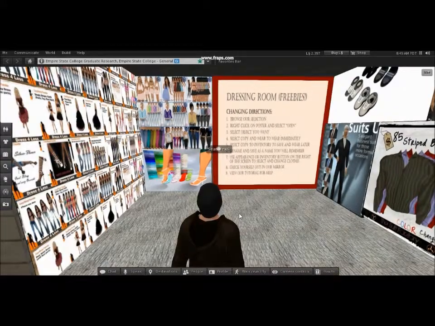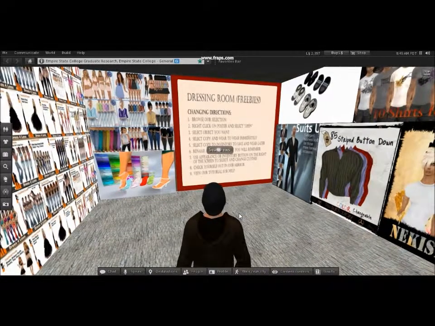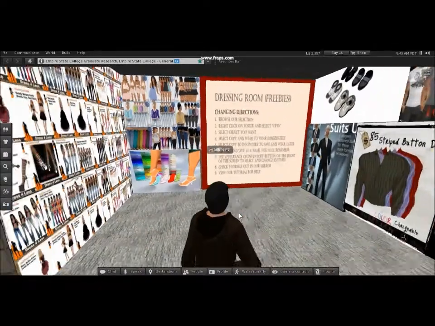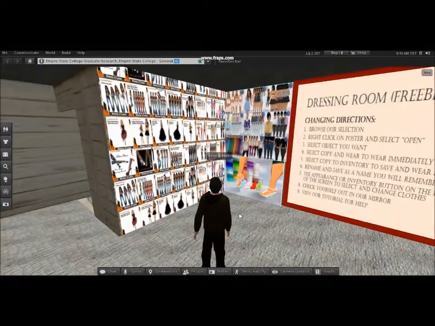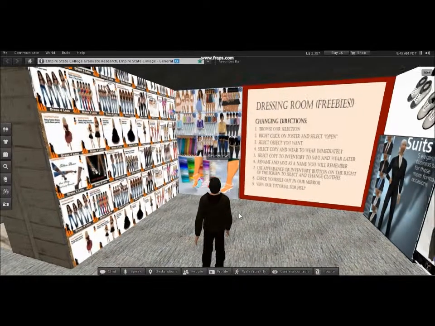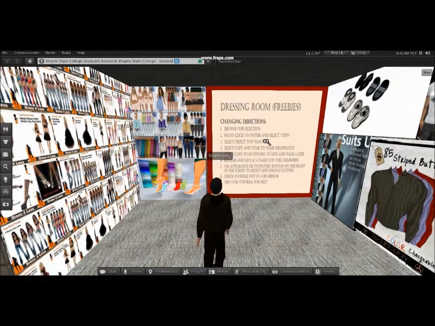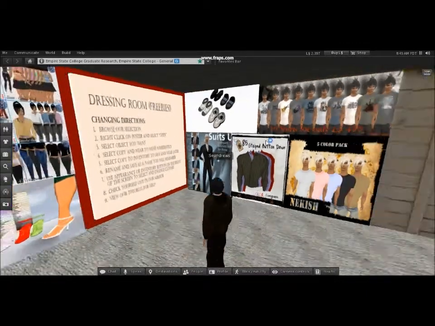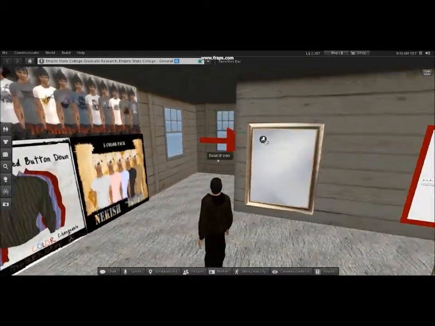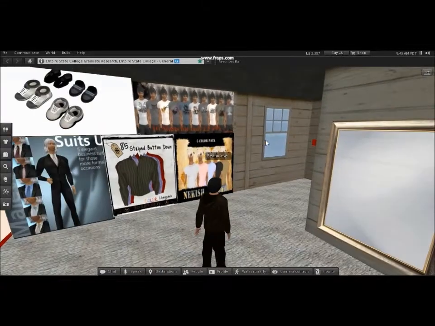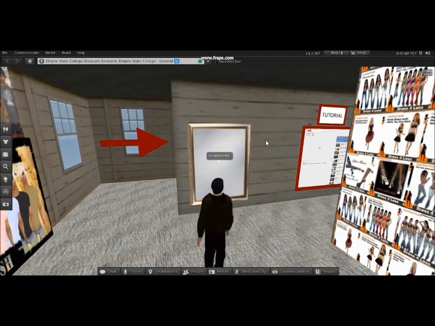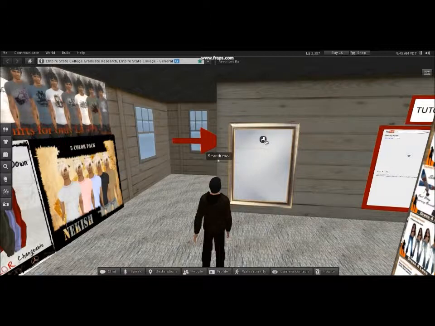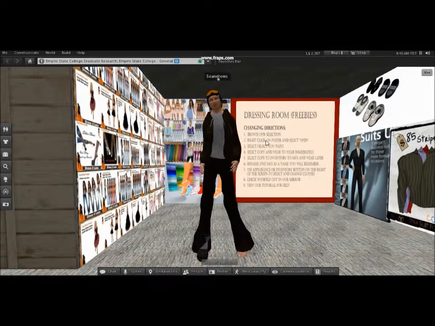On the right-hand side we have clothing for men: some suits, shoes, t-shirts, button-ups. On the left we have all sorts of things for women: shoes, dresses, pants, all sorts of things. You can review the tutorial, or you can review right here the changing directions, and that will tell you how to buy clothes, and they're all free, so feel free to browse the selection and see what you got, and it'll show you also how to load them on and attach them,